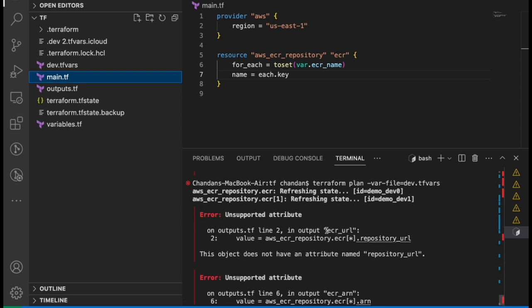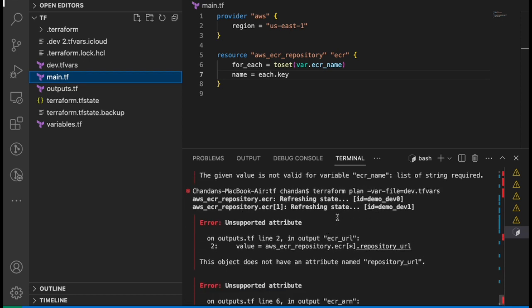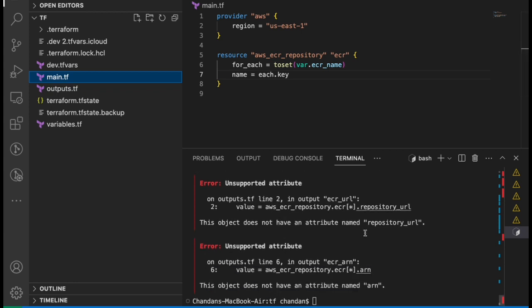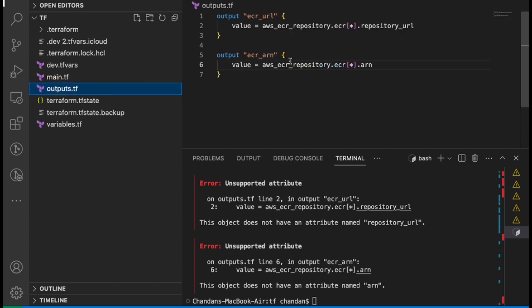So this time it's saying this main.tf is good, but in case of output.tf it's saying that this is an unsupported attribute, because now we are not using count. So we will have a different way. Within that output we can use the for expression to define the value. This time we'll not use the splat expression, we'll go with the for, add the brackets,